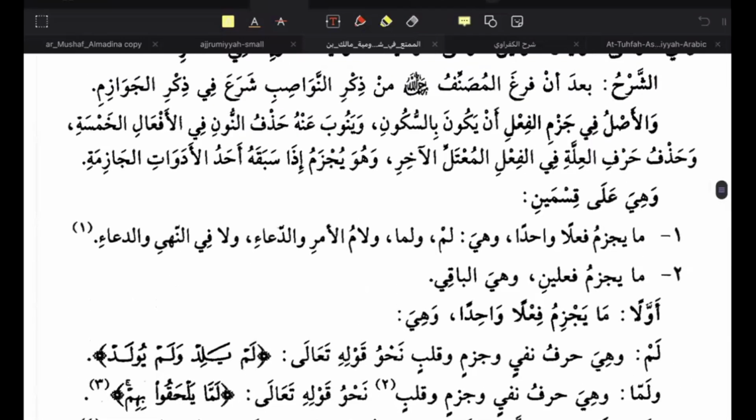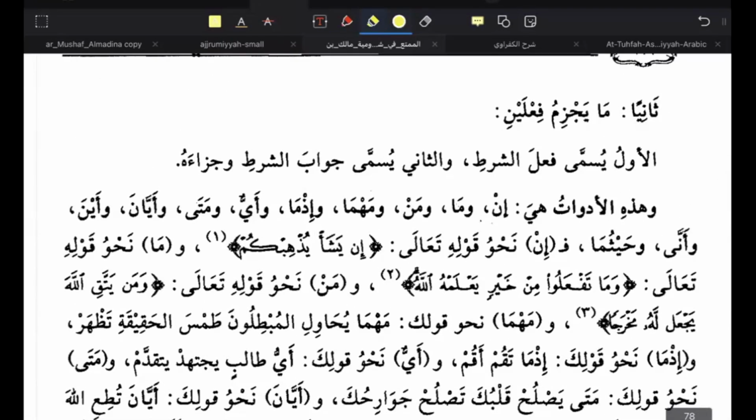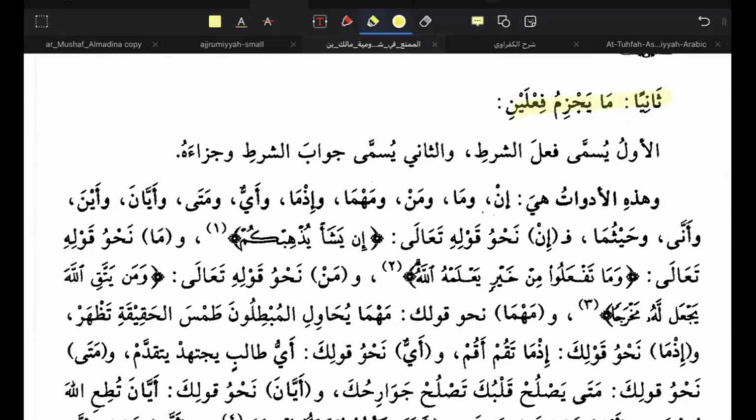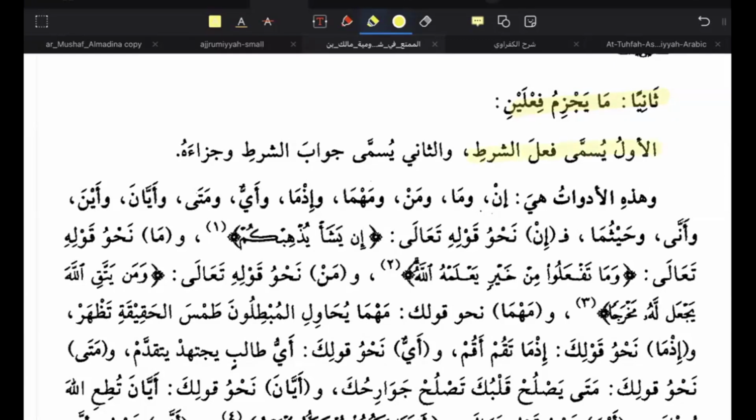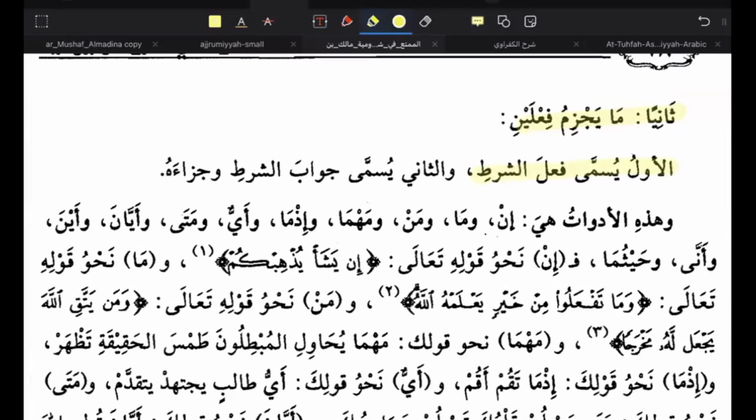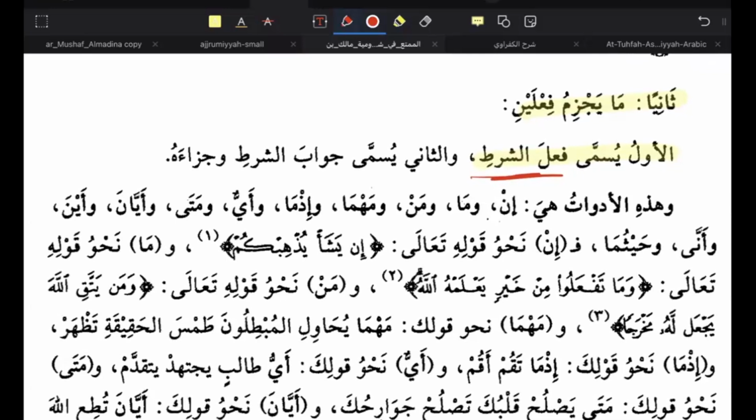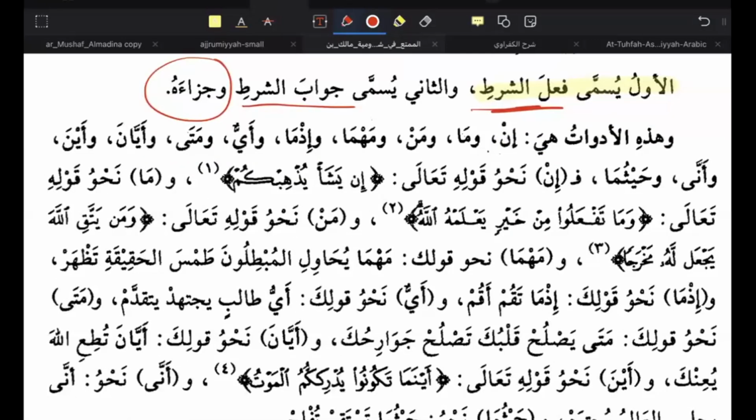So now, let's read from here. It comes ثانيا ما يجزم فعلين. What makes two verbs into مجزوم. الأول يسمى فعل شرط. Remember, it's going to make two verbs into majzum. So the first one would be called فعل الشرط, the conditional verb. والثاني يسمى جواب الشرط, the second one is called the answer to the conditional, وجزاءه, and its result. فهمتم؟